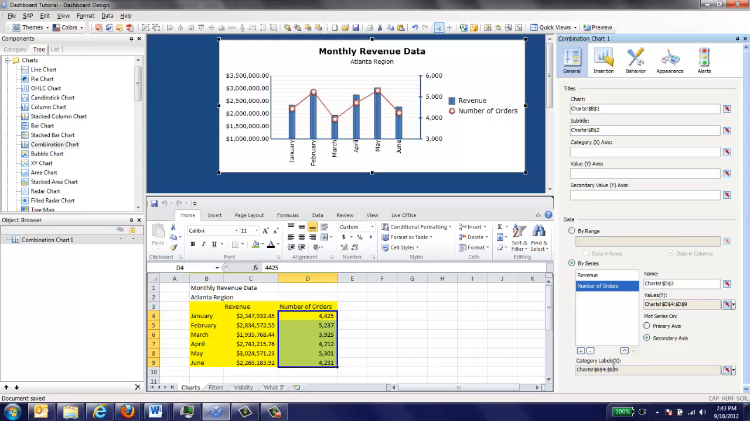Notice now that my category label axis is still filled in. You only have to fill that out for your chart as a whole. You don't have to fill it out for every single series. Now that we've filled this in, let's look at some of the other options that we have available to us when